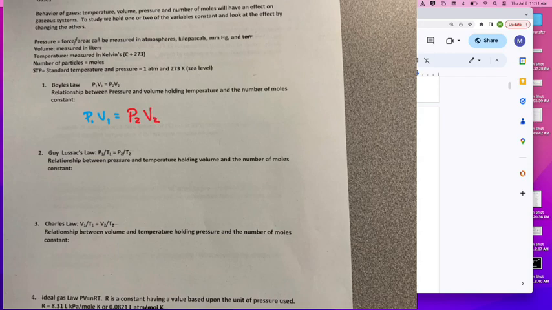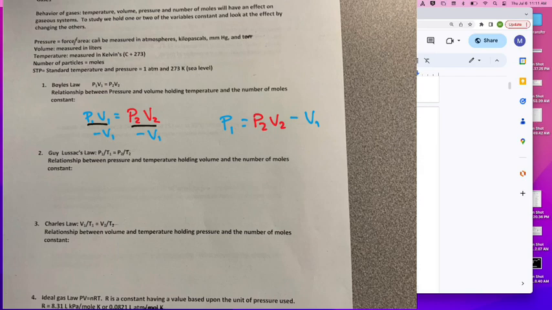Okay, so what happens if we try and do this. So I heard a suggestion, get volume to the other side. So I'm going to subtract volume 1, and I get P1 equals P2 V2 minus V1, right? Okay, there's some no's. I appreciate the no's. Why is that no? Yeah, we can't just decide to move things based off of whatever operator we want. There's a multiplication system behind them. We have to divide both sides, not subtract.